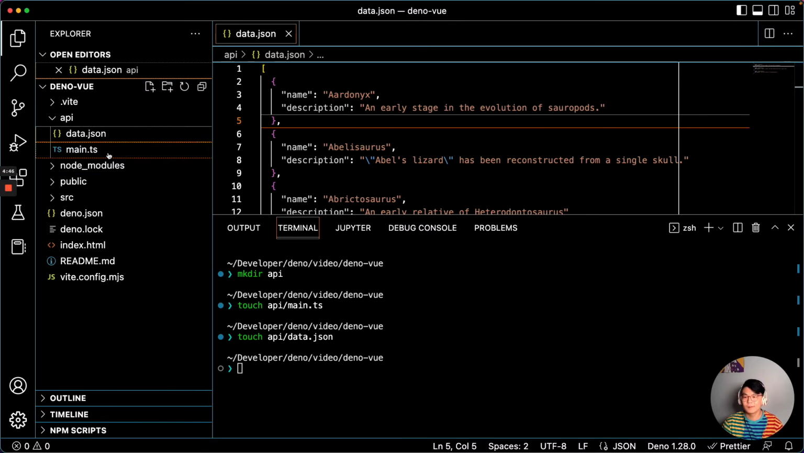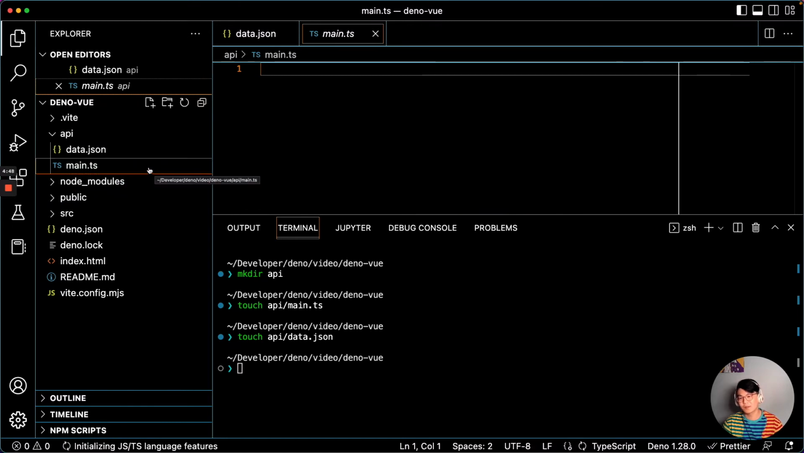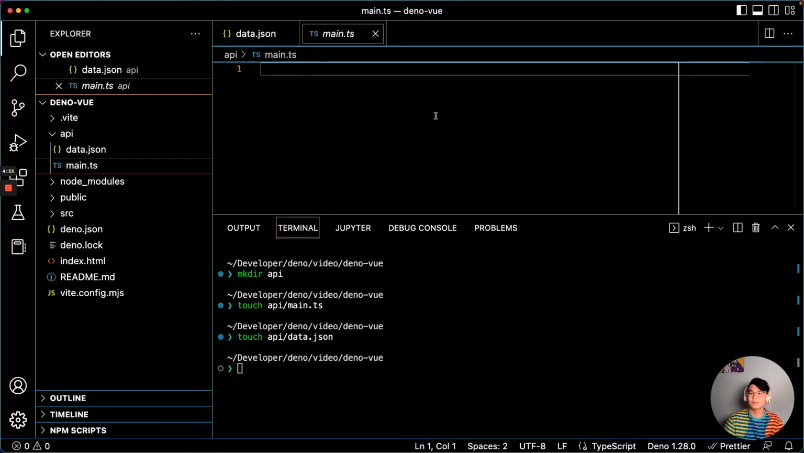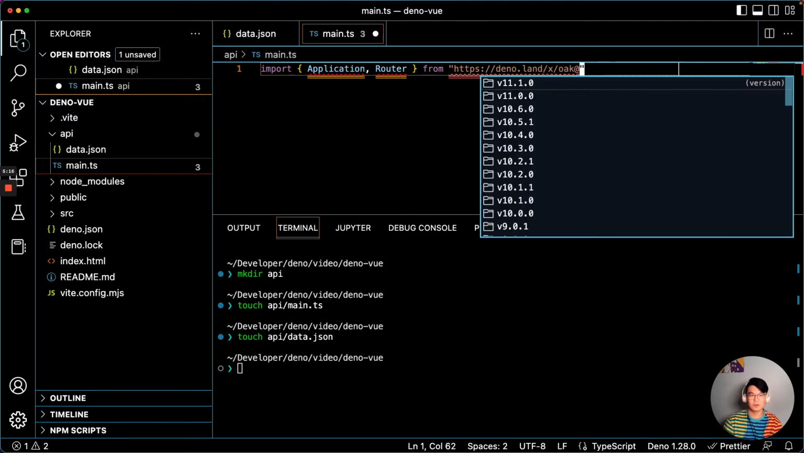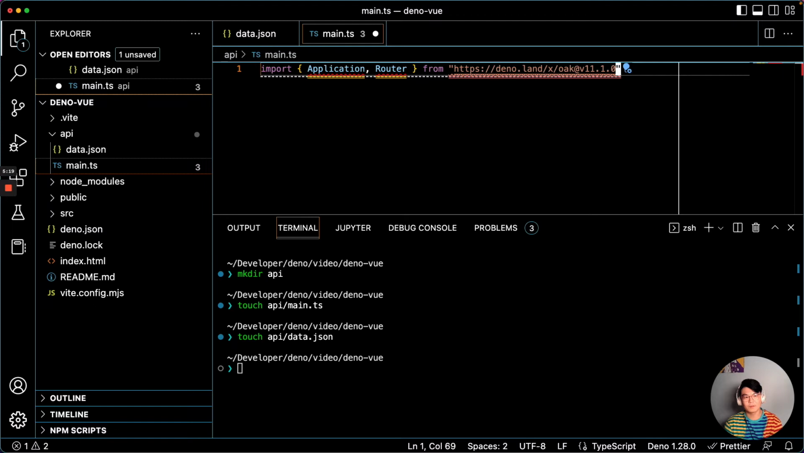And now we've got to find a way to serve that data through an API. So that main file is going to be where our server is, and we will use Oak to do our routing. So let's start by getting the application and router from denoland /x/oak, and if you have the